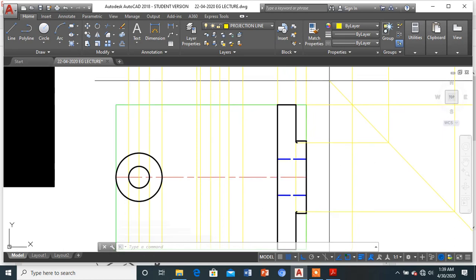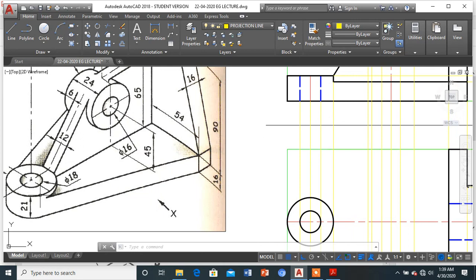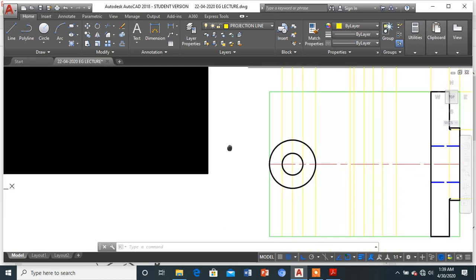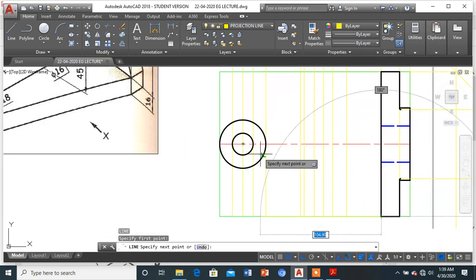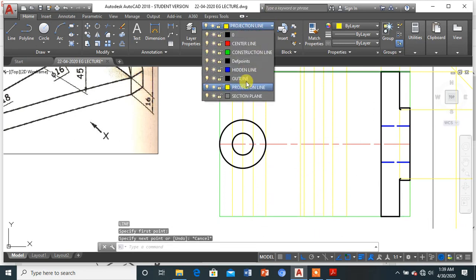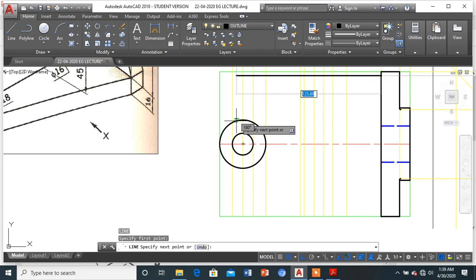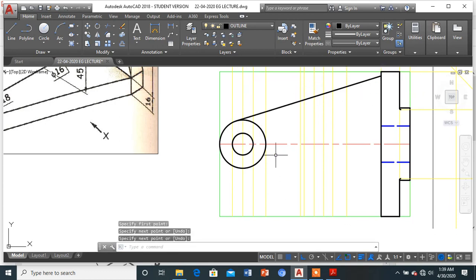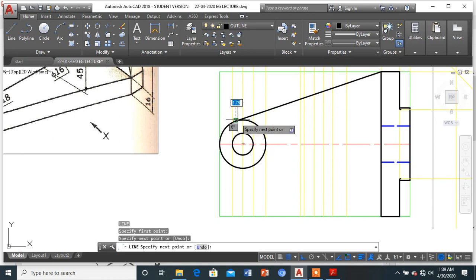Now further what we need to do, as you can see, we are looking only for the top view. These will be the lines from where it starts over here, it will be joining as a tangent to the circles. So from here, say I'll enter, and now I'll be drawing it with the help of the dark lines. Okay, we start from here, it's drawn till here.